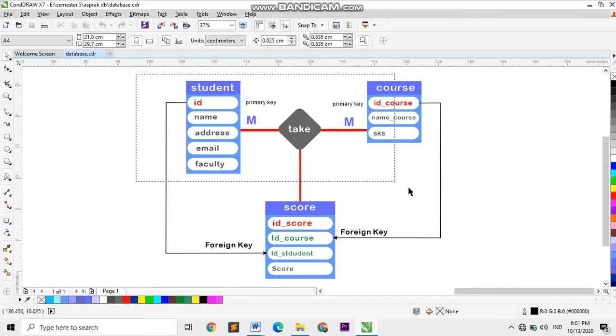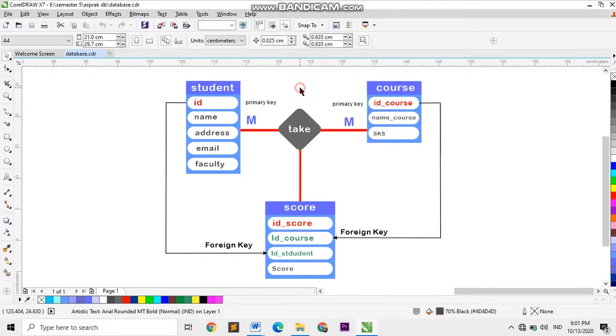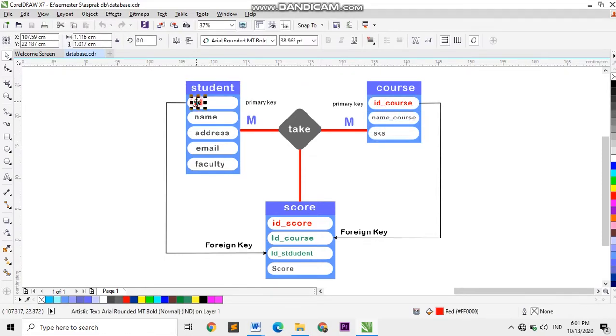In here I have two tables, table student and table course. Table student has five attributes: ID, name, address, email, faculty, and the course table has three attributes: ID course, name course, and SKS. In here ID is unique, so in table student ID is the primary key and ID course is the primary key for table course.